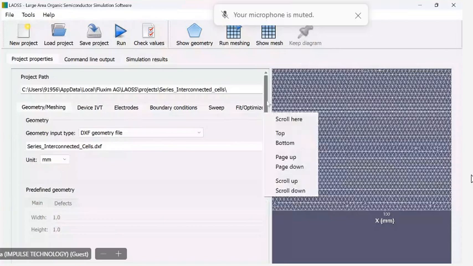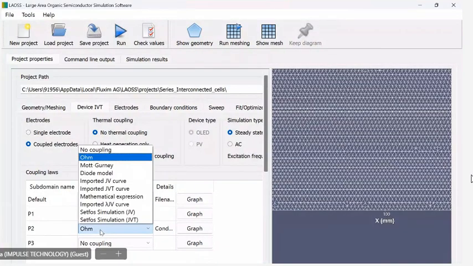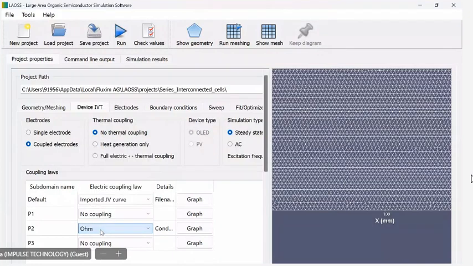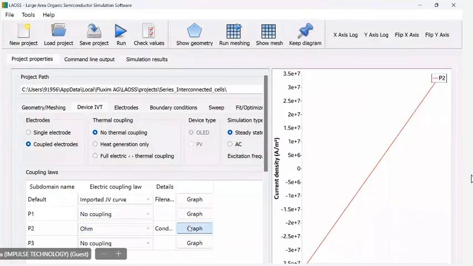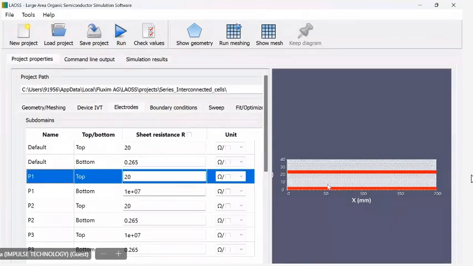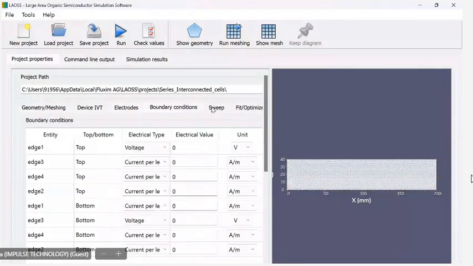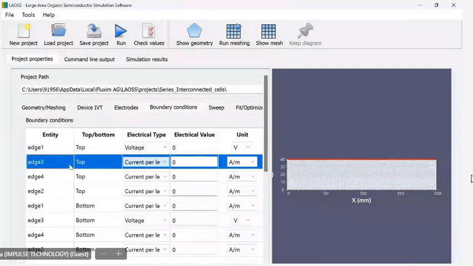And this is a different device electrode type, ohmic type or other type. Accordingly, the required input parameters are selected, steady state AC and excitation frequency we can set. It is a type of electrode where the electrode position is defined, bottom side or top side, and boundary condition. This is the boundary condition that needs to be seen. You can see the red color represents the boundary condition here. This red one, for top and bottom,